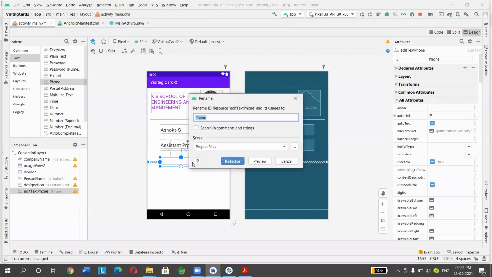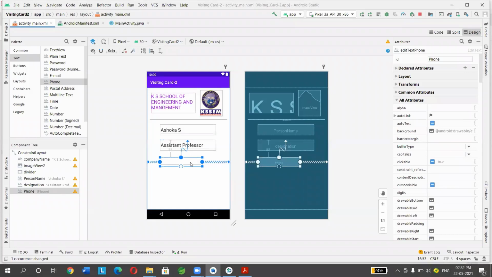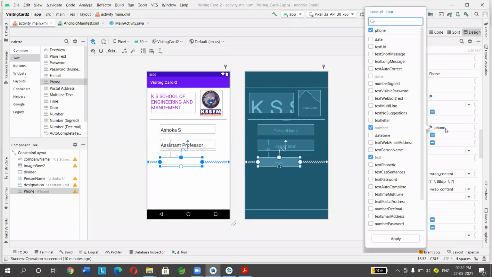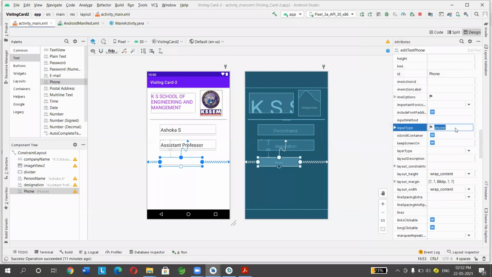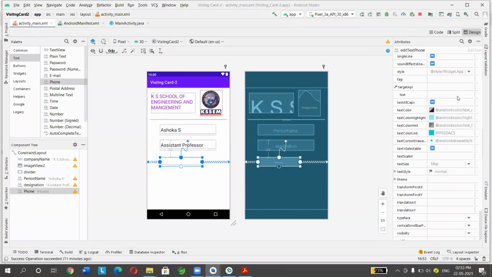Now here I need to enter the phone number, right? Again in all attributes, search for text. You see here by default the input type is number. So here you can type your number. In the common attributes, search for text.